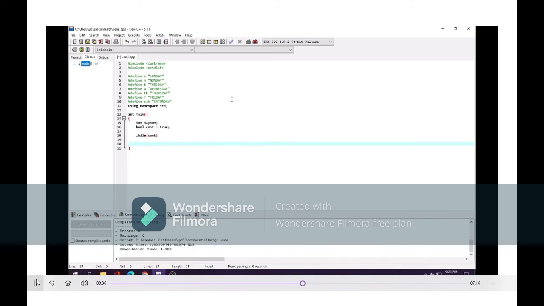So, cout, and then I'll put 1 as Sunday, and then I will have an error there. I will change it later. So for now, I will enter selection, and then put cin, and denom,